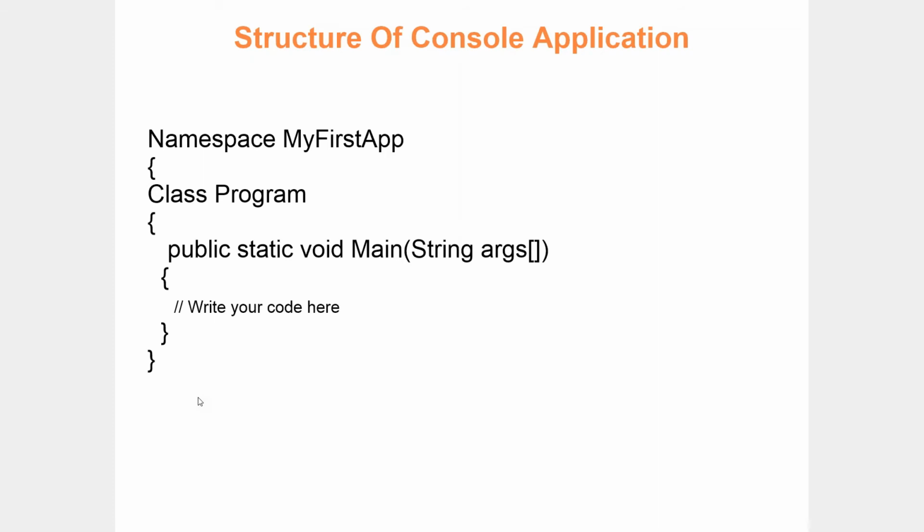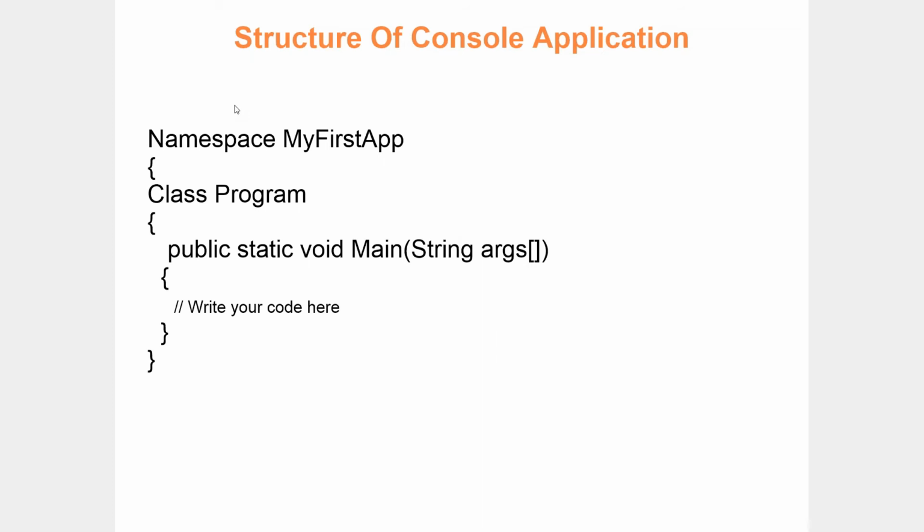When you talk about console applications, every console application by default comes with one default namespace. In the last class, we discussed the hierarchy defined inside a library. Once again, I'll repeat that. What is a library? A library will have a collection of namespaces. What is a namespace? A namespace will have a collection of user-defined data types, a collection of classes, a collection of structures.